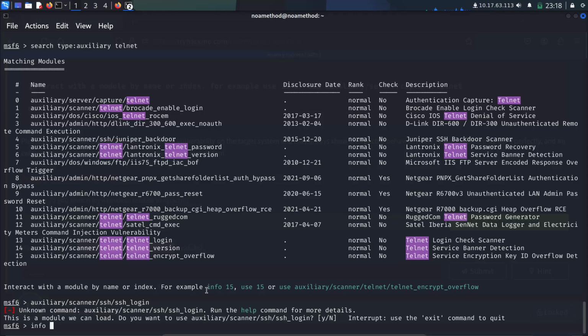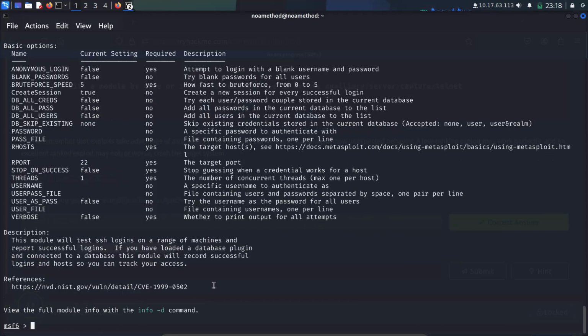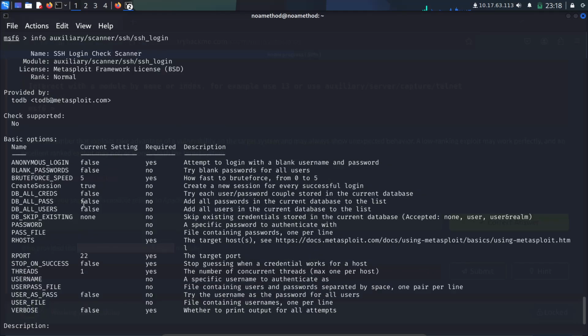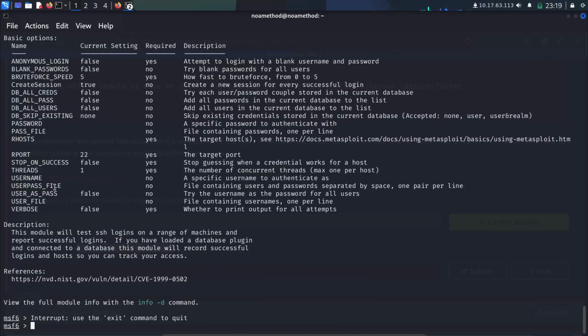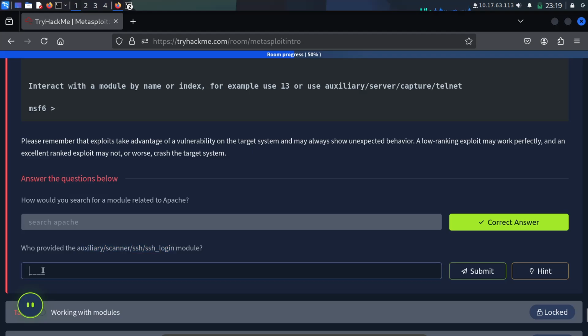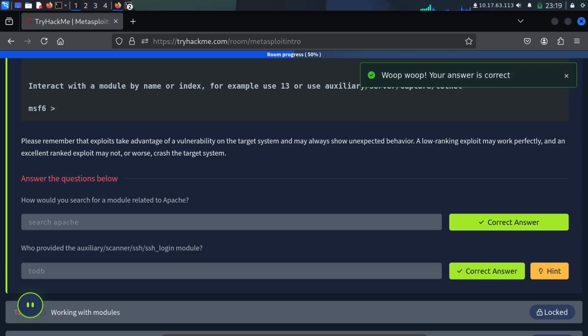Info. Yes, because we just want to know what is provided. Maybe we can type manual.